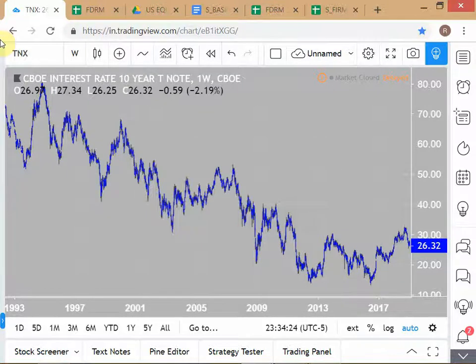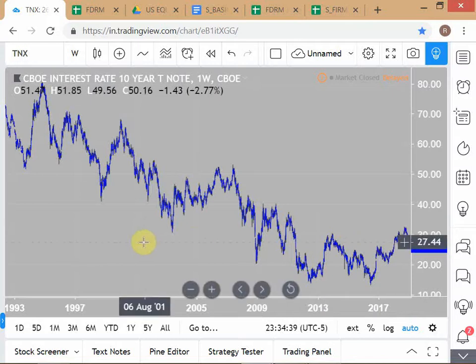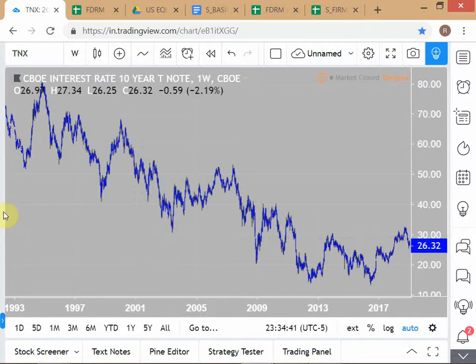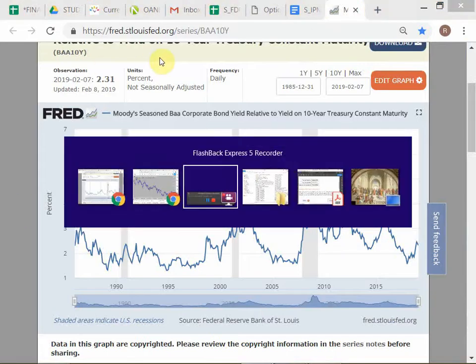So is this point clear, that as a corporate treasury, you'll have to monitor both? Your total cost of debt is affected by the government bond yield as well as the credit spread. So you have to take a view on both the markets, and then accordingly time your bond issue. Okay, so let's go back to